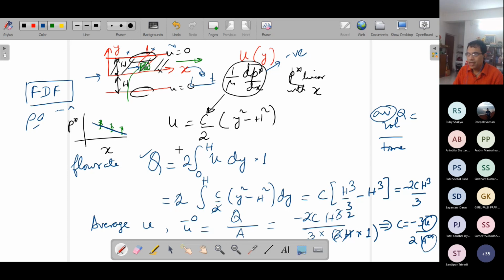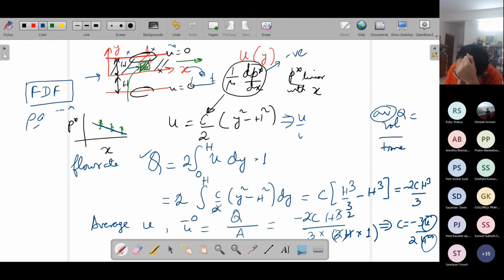And it clearly tells the very intuitive thing that we learned from our early days of studies of fluid dynamics, that the fluid is flowing from higher pressure to lower pressure, or in this case higher piezometric pressure to lower piezometric pressure, where the height effect is embedded in the piezometric pressure. Okay. So now you can substitute this c as 3 by 2 u average by h square.